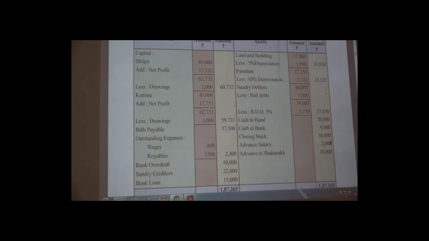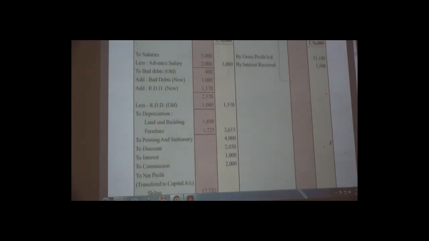See, it is not specified whether this discount is allowed or received. Now how can we judge which type of discount it is? See its side. Its side means in the trial balance on the debit side the discount is given, that means this is the discount allowed, and hence discount allowed is always shown on the debit side of the profit and loss account as it is an indirect expenditure. So see here, to discount by rupees 2,030 is shown in the profit and loss account debit side. Okay, be careful here.